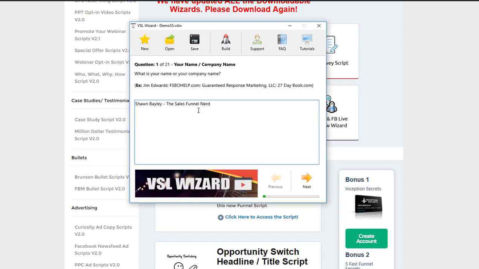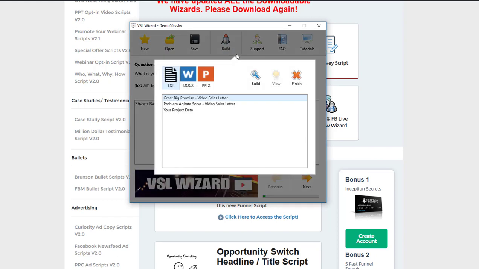Once I've gone through and finished this all off, I just have to click Build. The great thing is this will give it to me in a couple of different formats. I can print it out either in a text file or in a Word file as far as the actual script to have in front of me if I want to read the script off, or I can just go into PowerPoint here. So we're going to do problem, agitate, solution, video sales letter. So I'm just going to hit build,